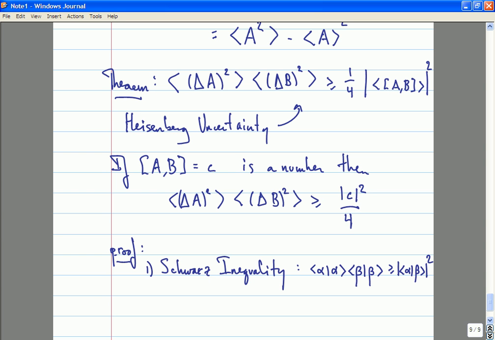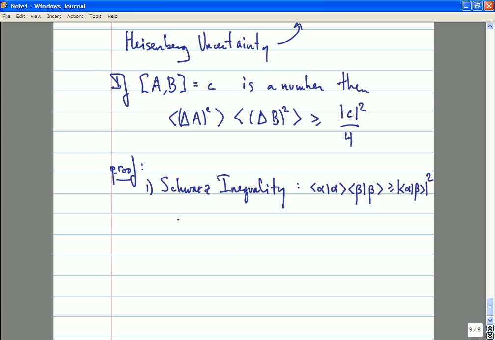Shall I prove it? No. Nobody wants me to prove it. Yes? Raise your hand. Nobody wants me to prove it. Okay. So given the proof is an exercise,